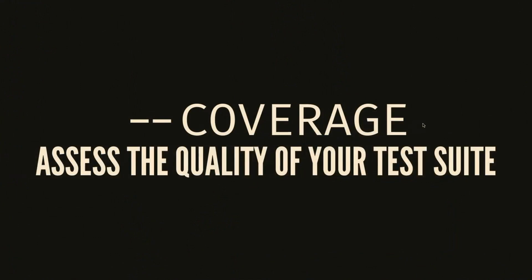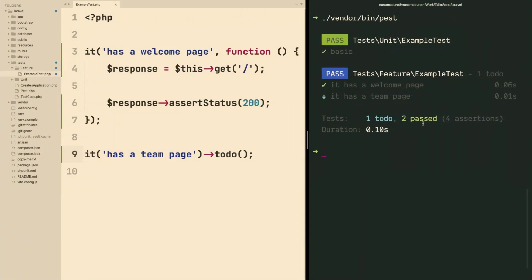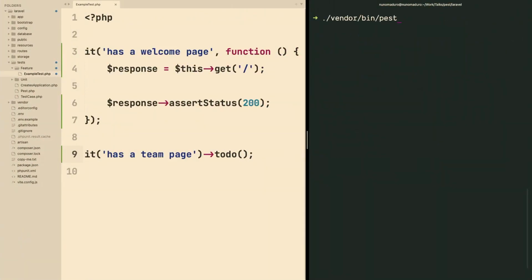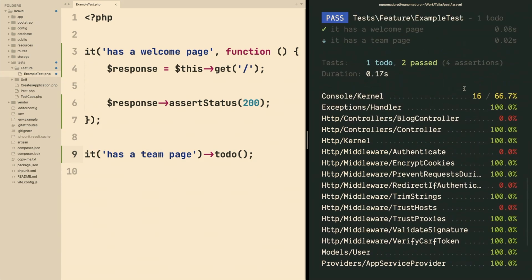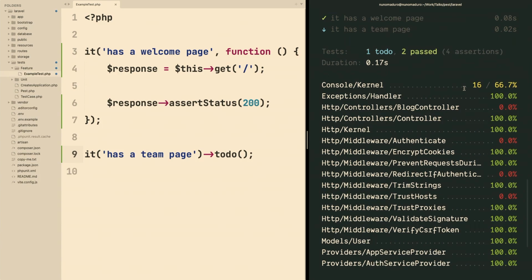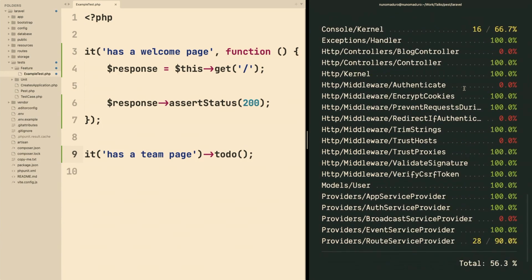So let me show you how it works on Pest. I'm going to get back into my project right here, and the only thing I have to do is pass this option, --coverage, to really start seeing the coverage on my project. So check this out. Here on top, I have my test suite running, and then I have this beautiful code report that really tells me what's happening regarding the code coverage